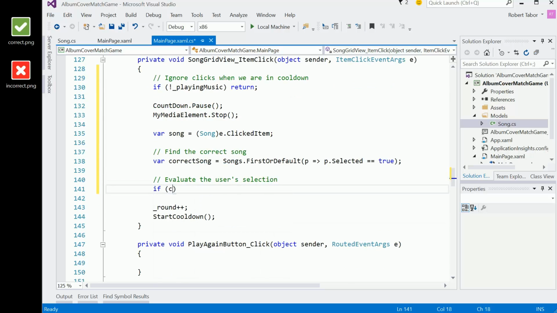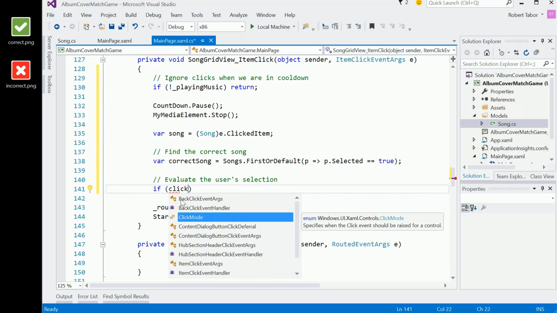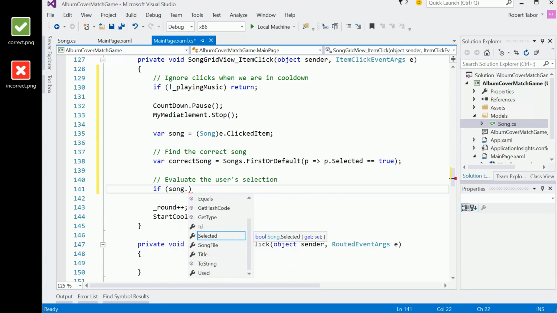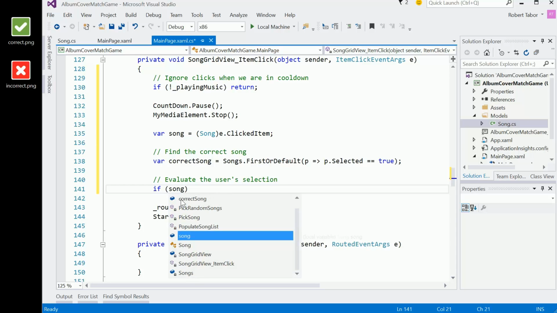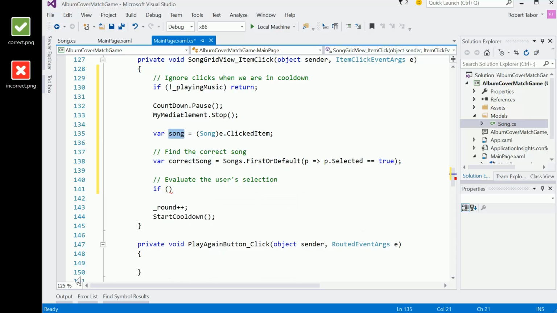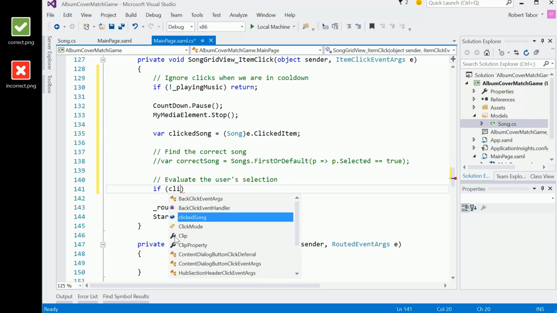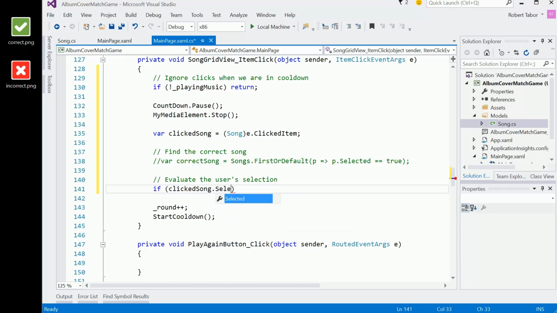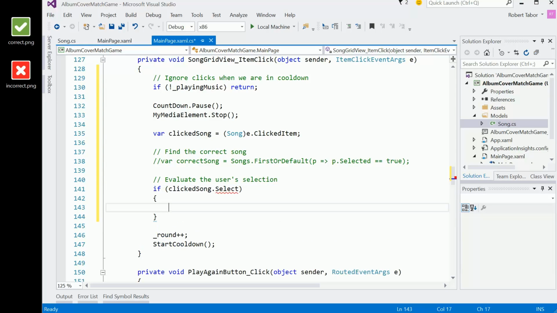Evaluate. So if the song, you know what we're going to need to do? We're going to need to compare apples to apples, I'm afraid. Well, maybe not. That's going to be a pickle. Let's see if it works. If the song, in fact, just to kind of get this square in my mind, clicked song. All right, so if the clicked song, yeah, I may not even have to do any of this, honestly. So if clicked song dot selected, then what we want to do is